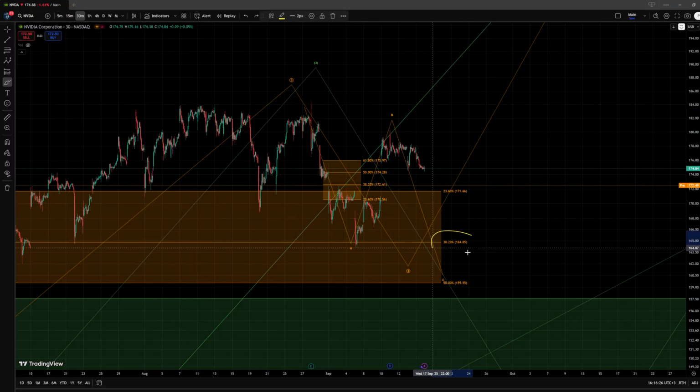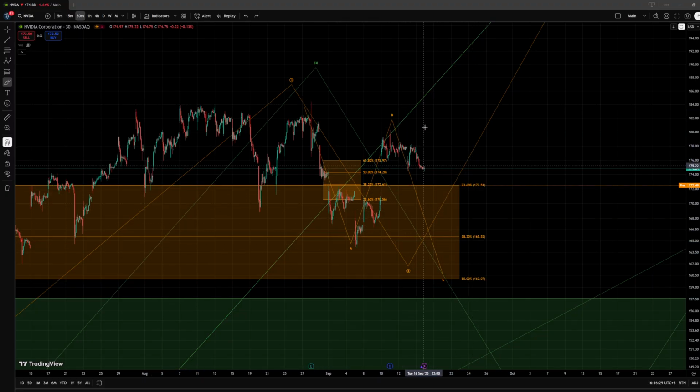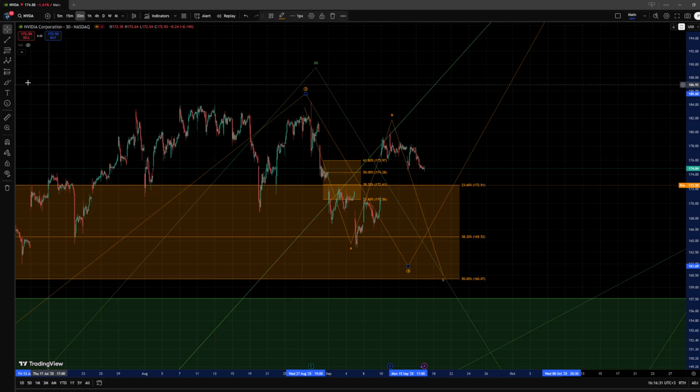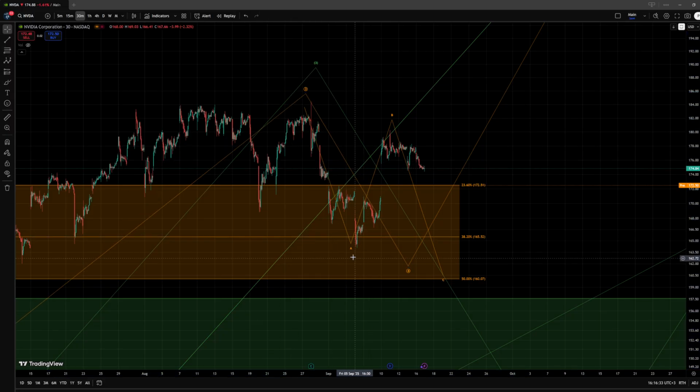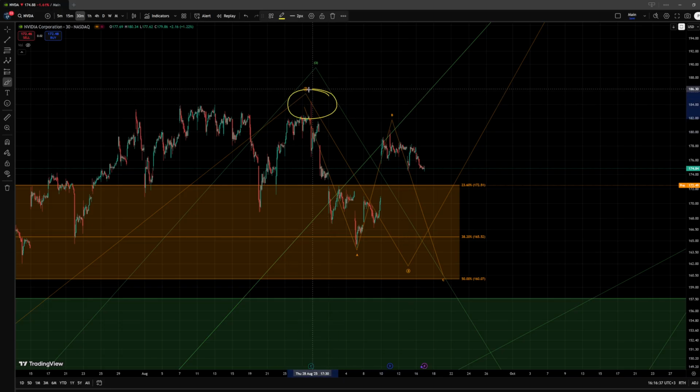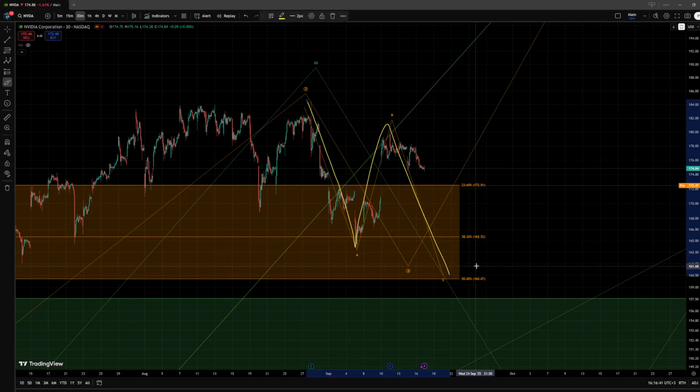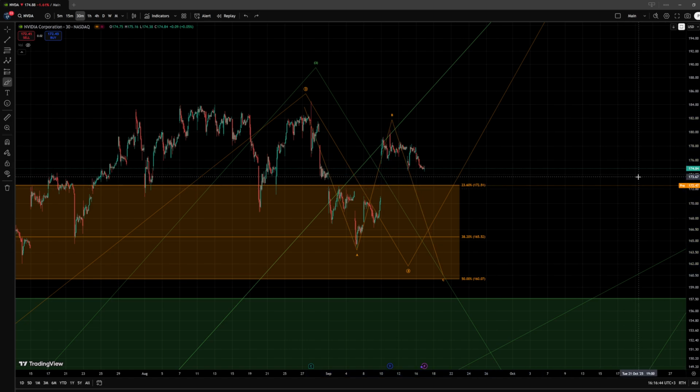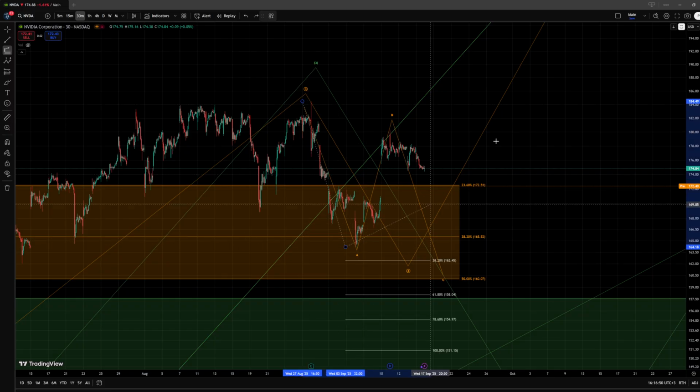We were using this top, or maybe this one, doesn't matter. We did reach the ideal target for a wave 4, but right now I would rather be focused and prepared on the idea that maybe this was just the A wave down, maybe the top was here, and we have here an ABC pattern that is developing. Now, based on the pre-market, which should open quite soon, I would very much be prepared for direct continuation to